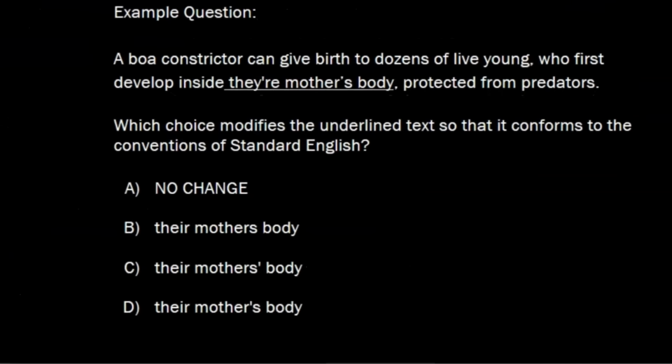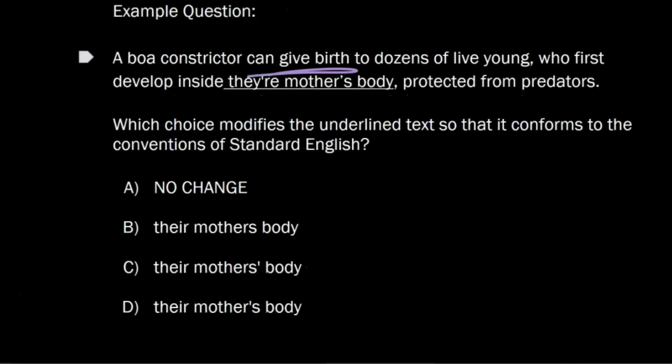Take a look at this. A boa constrictor can give birth to dozens of live young who will first develop inside they are mother's body protected from predators. "They are" is what this says here, when we expand it. This is a usage of the wrong "there." It's the wrong one. "They are" doesn't make sense. Just think about it. Expand the contraction if you need to, and if it still makes sense, put it down in the comments. Make sure that we know. If you need more help with all the different theirs,